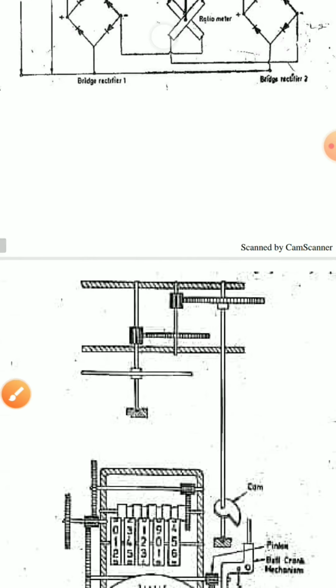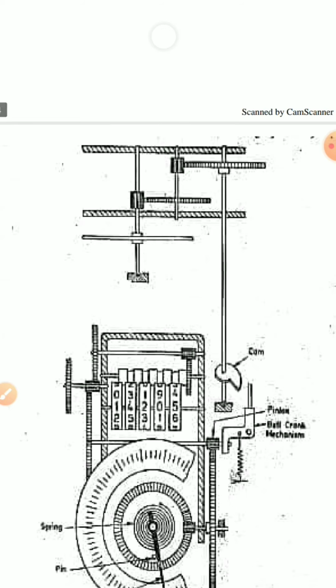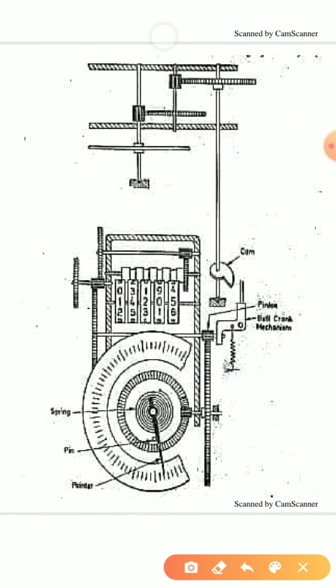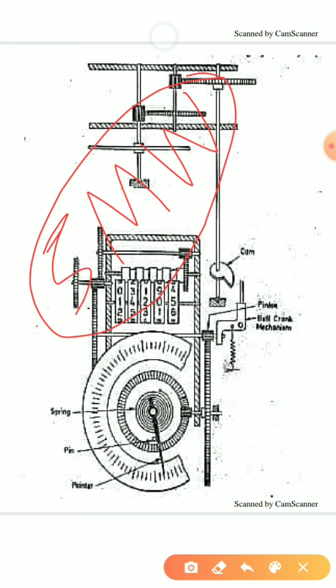The next type of instrument that we are going to discuss today is the maximum demand indicator. Why are maximum demand indicators required? They are required for billing purposes, just to see if some industrial loads are exceeding whatever they are permitted. For example, I am permitting one of my consumers to use 5 megawatts as the maximum limit, but what they are doing is for 10 minutes they are using 2 megawatts, and for the next 10 minutes they are using 10 megawatts.